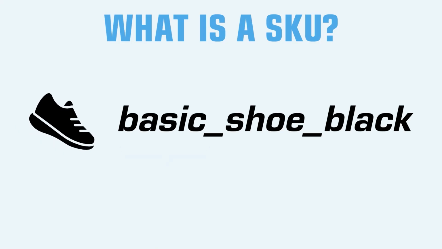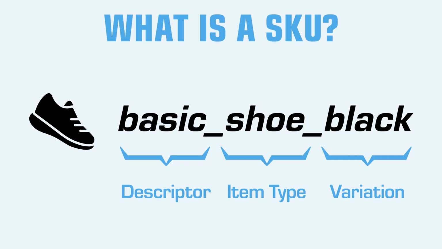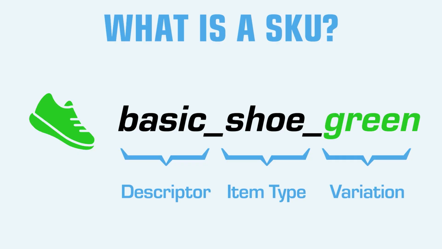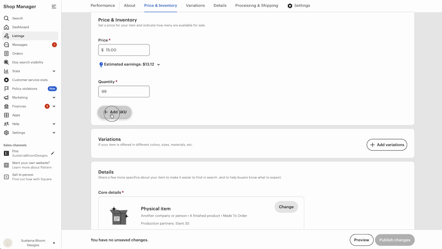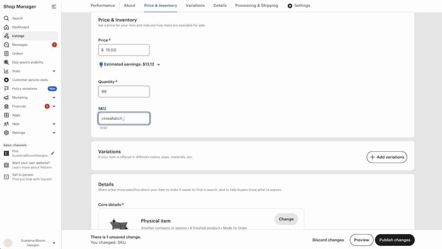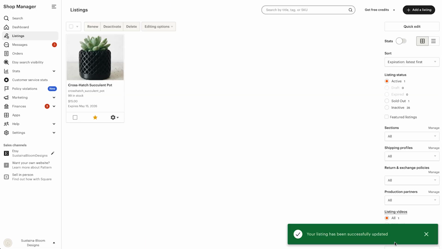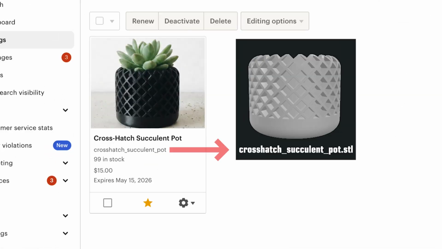A SKU is just a unique ID that your store assigns to a specific product or a variant of that product. You can find or create SKUs directly inside your product listing on platforms like Etsy or Shopify. If a SKU doesn't already exist, you can simply make one. It can be anything you want as long as it's unique and descriptive. But we recommend creating SKUs that are similar to the naming convention of your 3D models in order to make